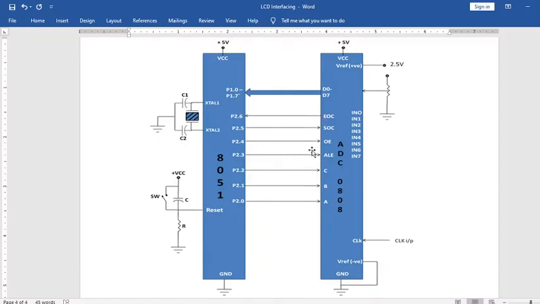So in this way, the analog to digital converter will take analog input from the channels which are selected by the combination of pins ABC. The conversion will be done from analog to digital, and then the digital output will be provided from the ADC to the 8051 on port 1.0 to port 1.7. So in this way, the interfacing of the 8051 with the ADC is done. We stop with the video.